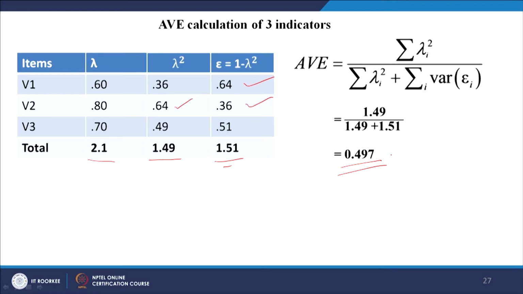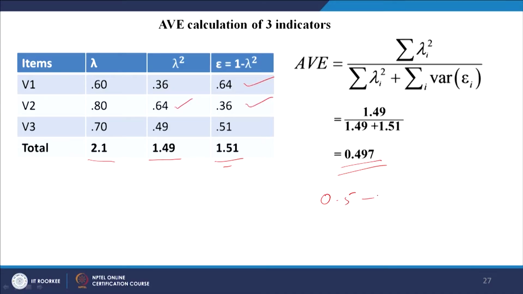Now, you see we are just missing the cutoff by not even 0.03, even 0.01 less than that, because 0.5 is the cutoff value. So 0.497 is quite a small margin; if you round off it will be 0.5 only, but understand that the variance extracted should always be more. You have heard the word variance more and more often in regression, in the method of least squares. If the variance extracted is more, that means my unexplained variance or my error term is less. That is what we are trying to do here.